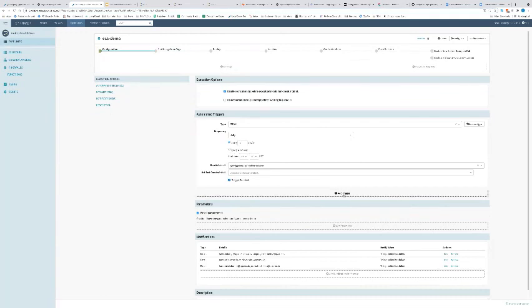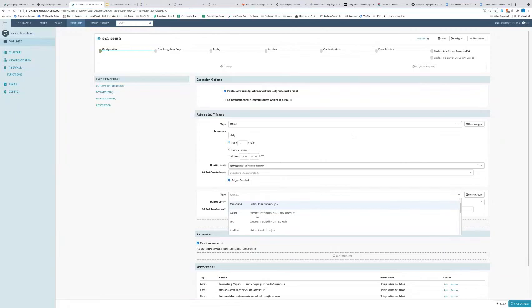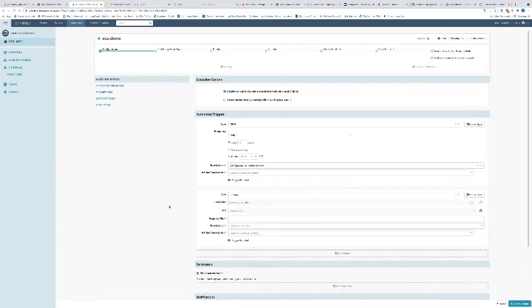And I can certainly add that trigger here if I want to, if I look for Jenkins here and listen for that Jenkins job, right? I could even go further left and say, hey, I want to use Spinnaker to trigger the Jenkins job just by monitoring the Git repo. So I have a couple of different options there.